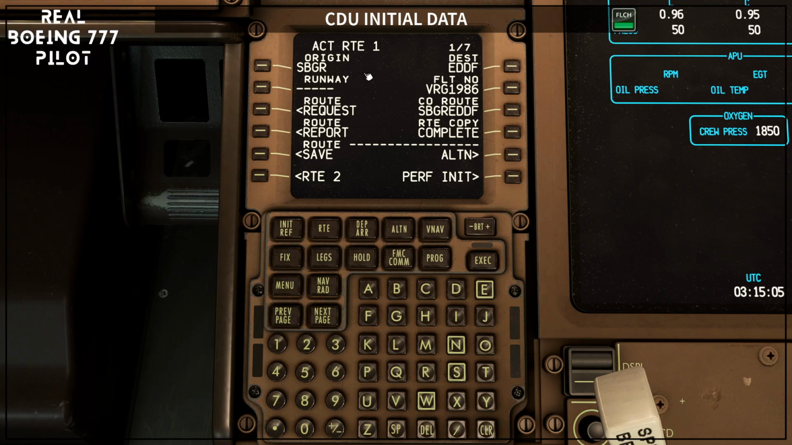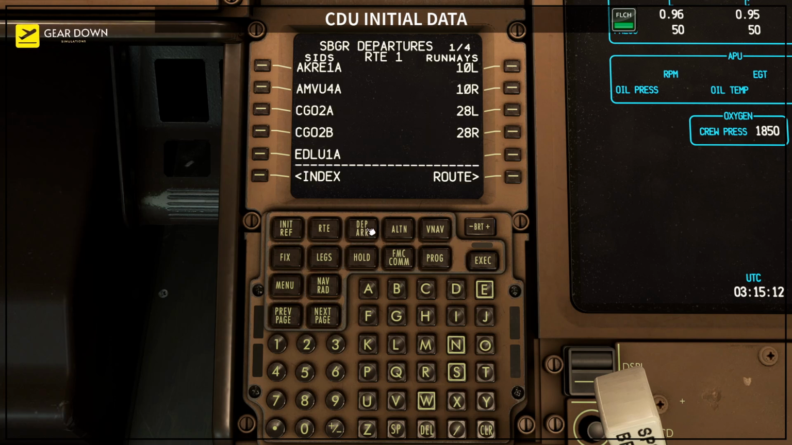Now that we have an origin and a destination in our FMC, we can go to the departure and arrival page, and once you press it and you are on the ground, it's going to open on the departures for your origin based on the active route, which is in this case route 1. We are departing today runway 10 left, so I recommend you to start from the right side, from the runways, because once you select the runway that you want,